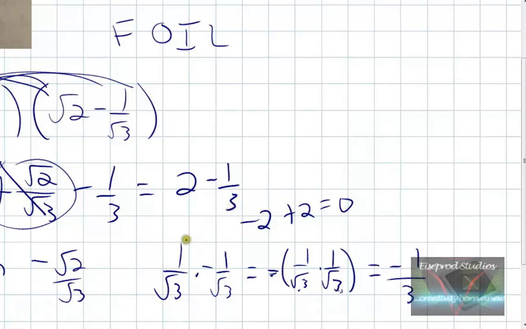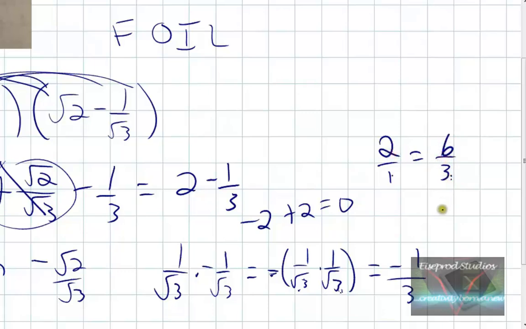And there's two ways I can think of doing this. So you would say 2, and then you would want it to be over 3. And so right now it's 2 over 1, and we want whatever it is over 3, right? So you would say, well, I multiplied this by 3 to get 3, right? 1 times 3 is 3, so 2 times 3